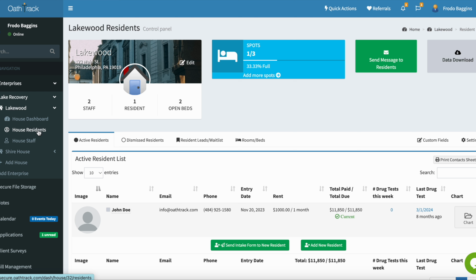Welcome to your resident list page. This is your central location for managing residents, sending scheduled messages, customizing intake and chart fields, and tracking resident leads on your waitlist. At the top of the page, you'll find key statistics such as the total number of staff,